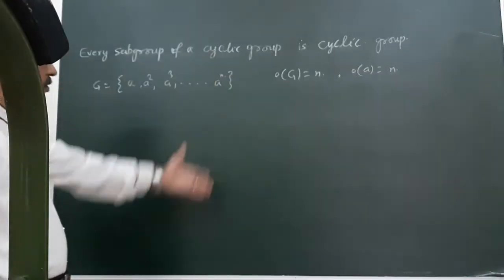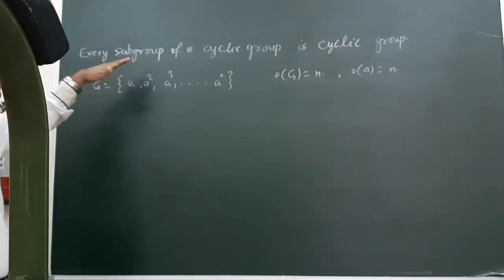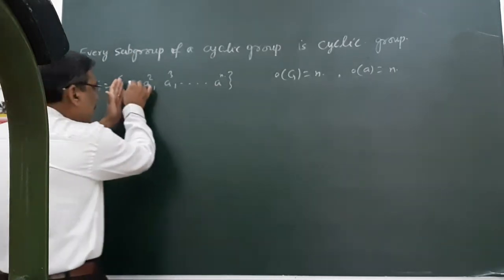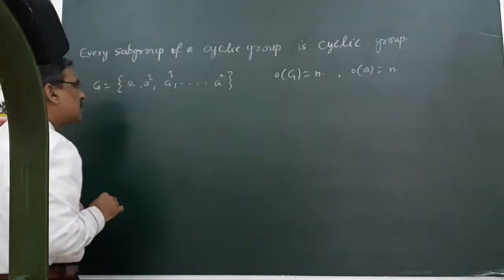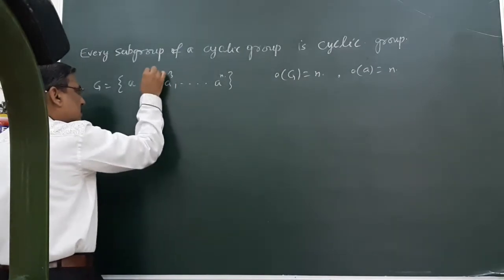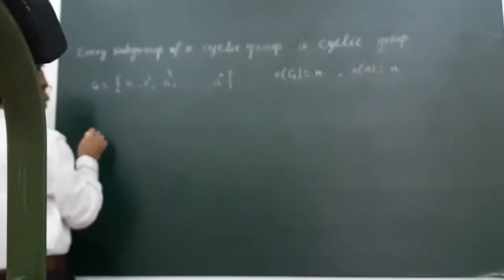This is the cyclic group. Now, every subgroup: out of these n elements, we pick some elements